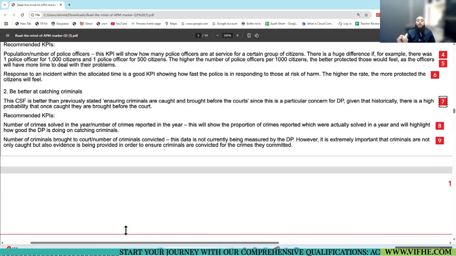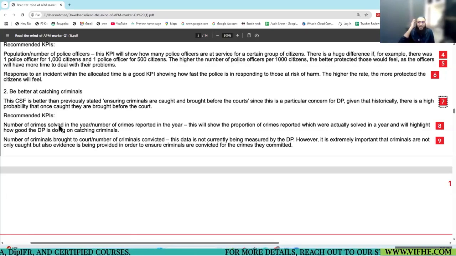Okay. Come on. Now, will you judge the KPIs? Let's read. Number of crimes solved in the year divided by number of crimes reported in the year. What sort of percentage are you getting from this? Percentage of solved crimes in relation to the reportings.